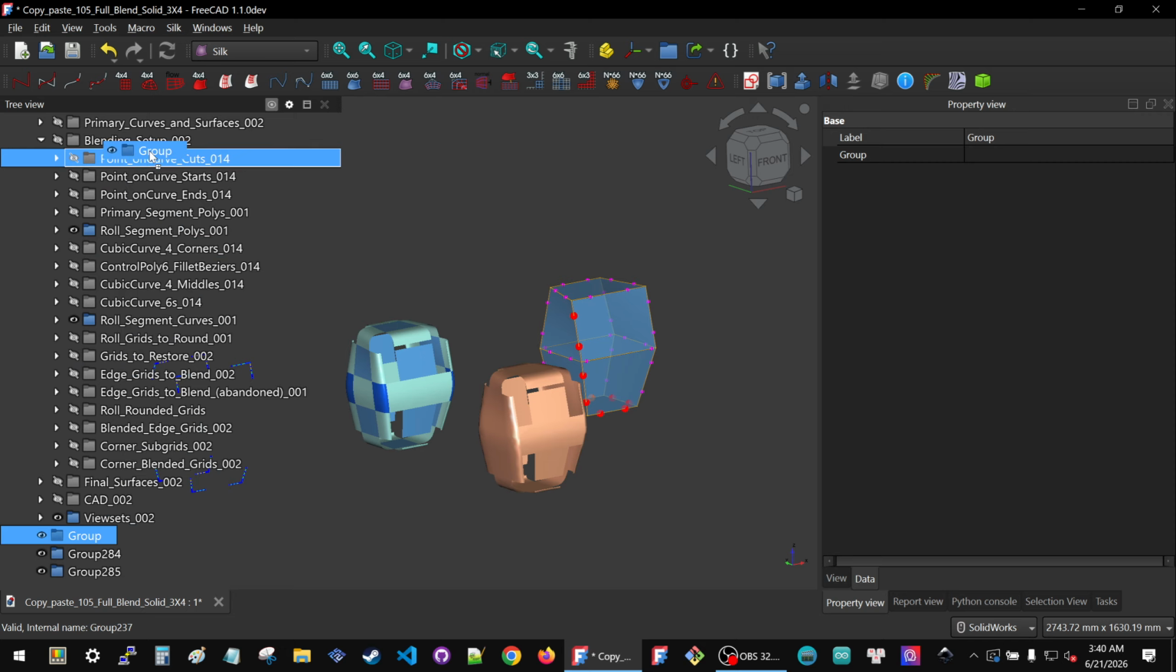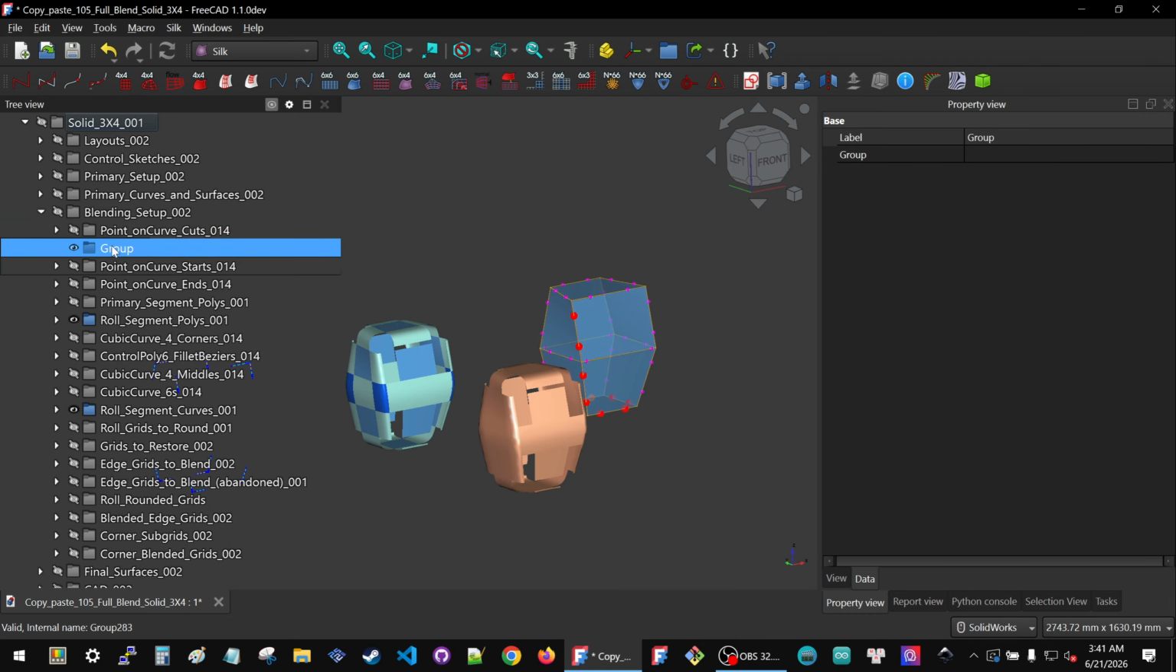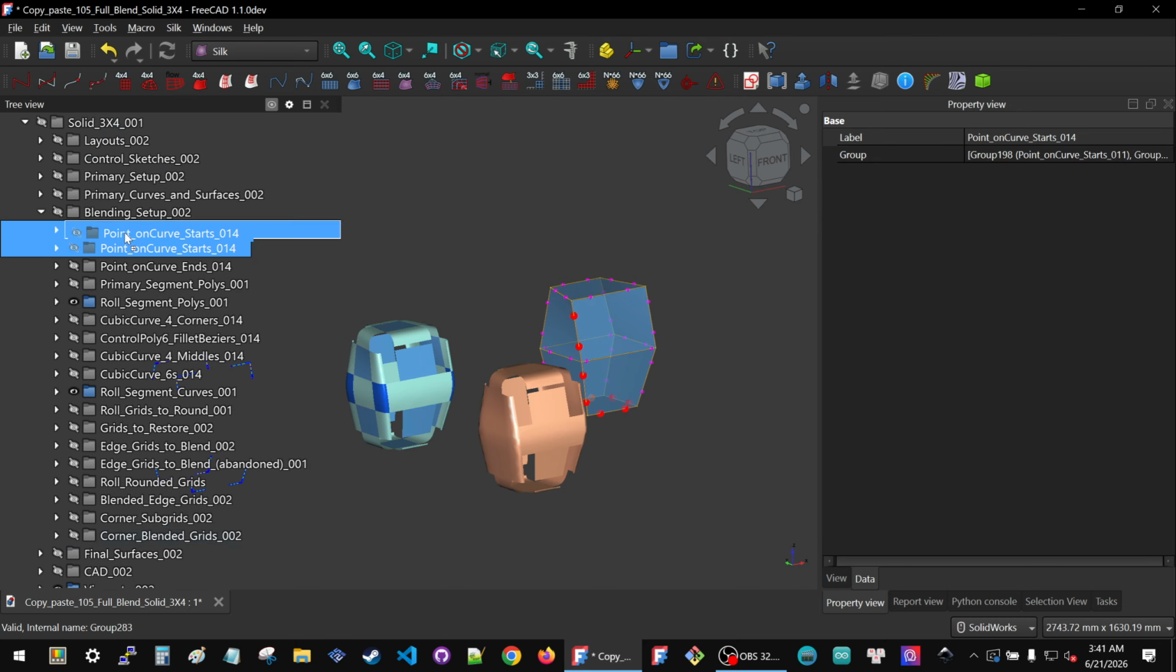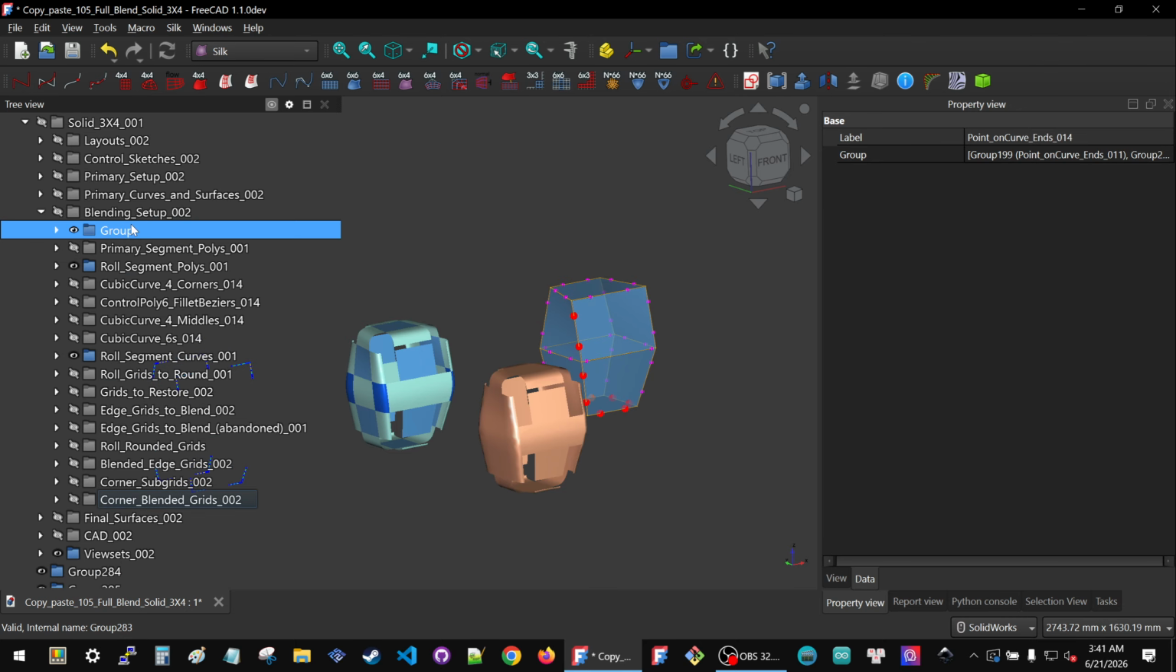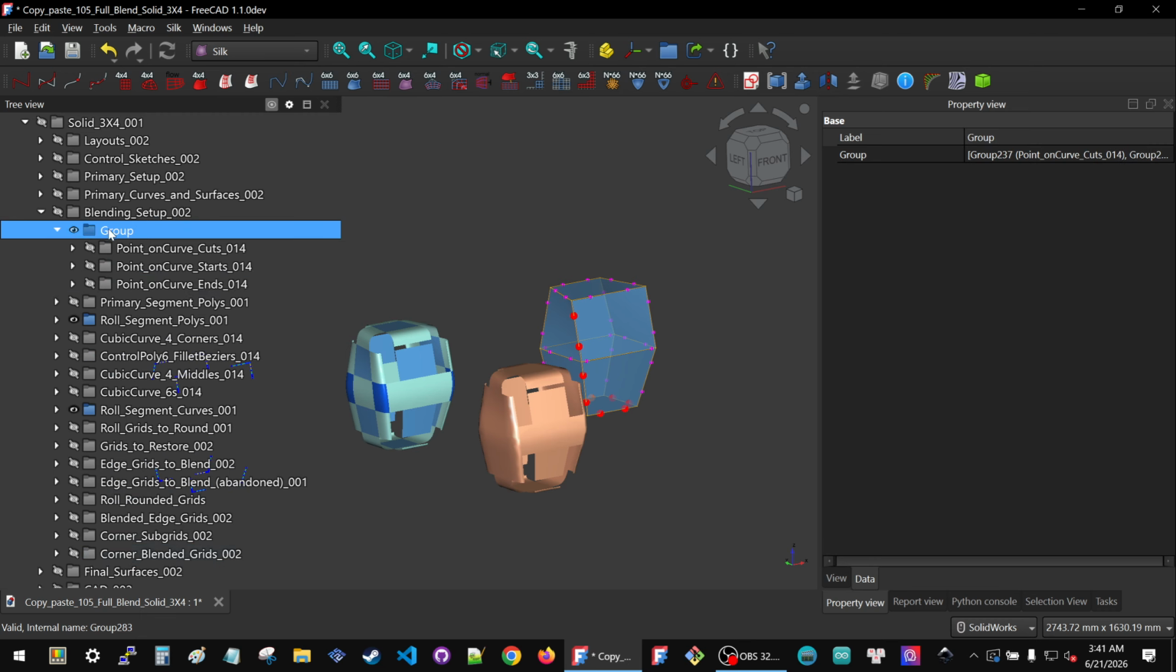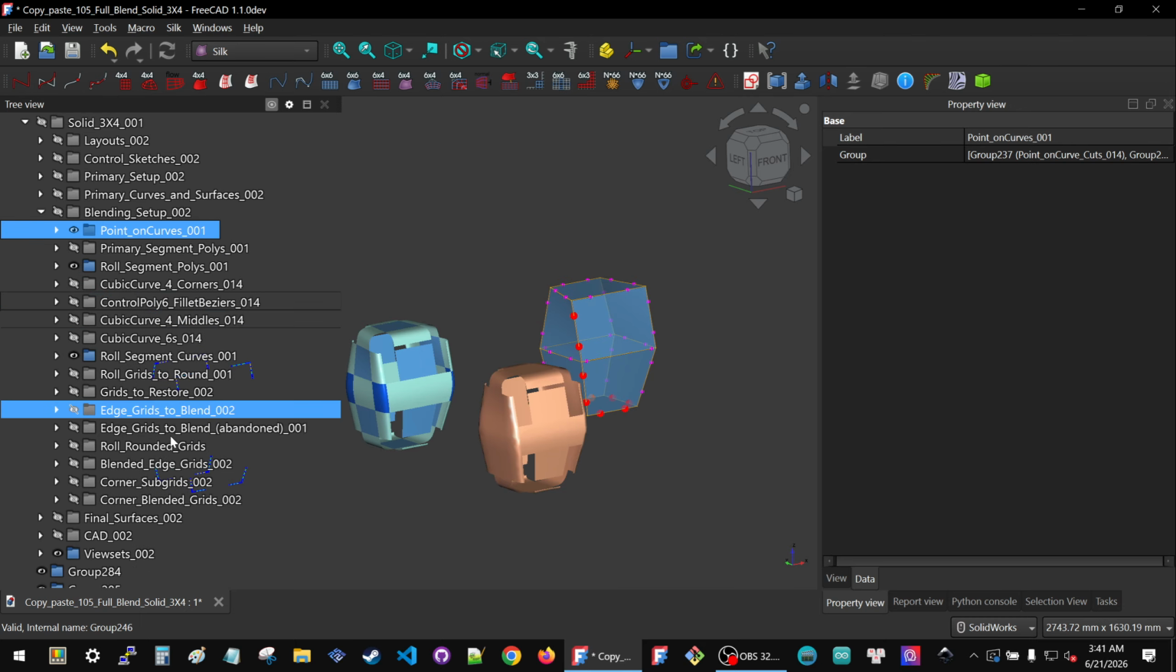I'm just going to stick it right here to start with, and it's going to have point on curve cuts, starts, ends. Steal the point on curve name, put it here, put a plural, collapse, done. Put the next folder